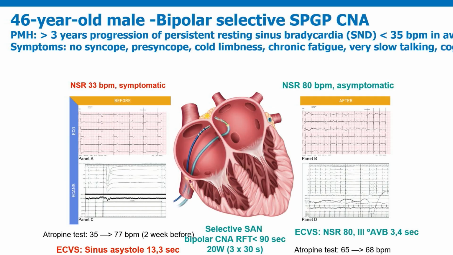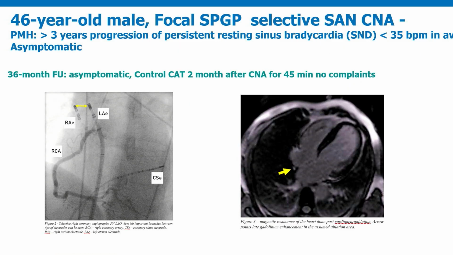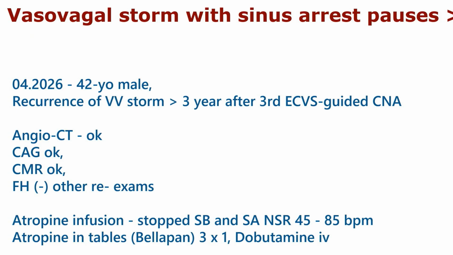But we gave him atropine, and we did the bipolar cardioneuroablation in the sinus superior paraseptal GPs, and we were lucky to get it very quickly, within 90 seconds, 3 bolus applications, and we have a selective sinus node denervation. But still, you can see the distance between those catheters, and of course, we need a coronary angiography, and on MRI 7 days after, we saw just a small spot of the lesion.